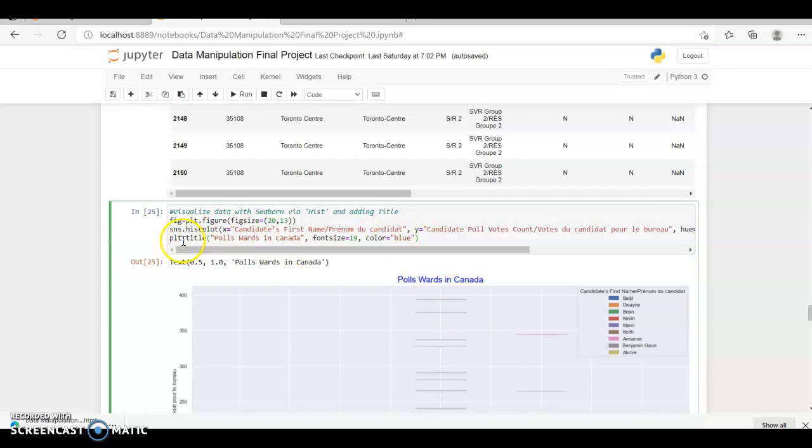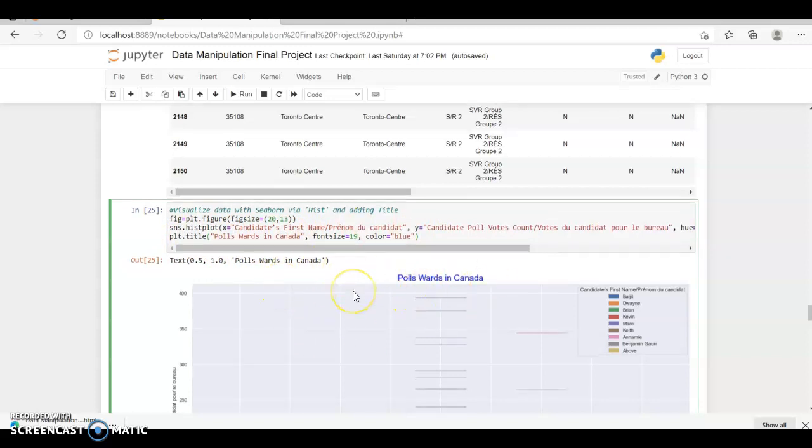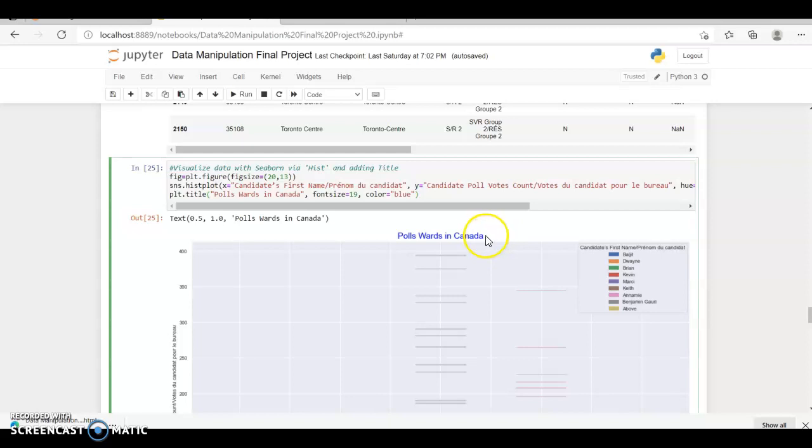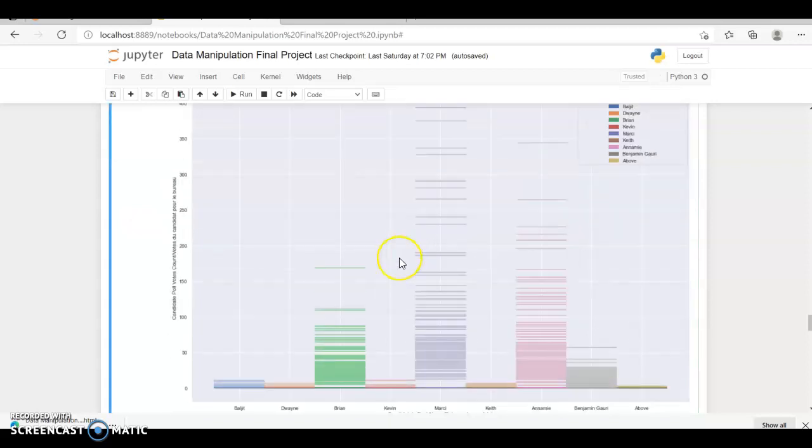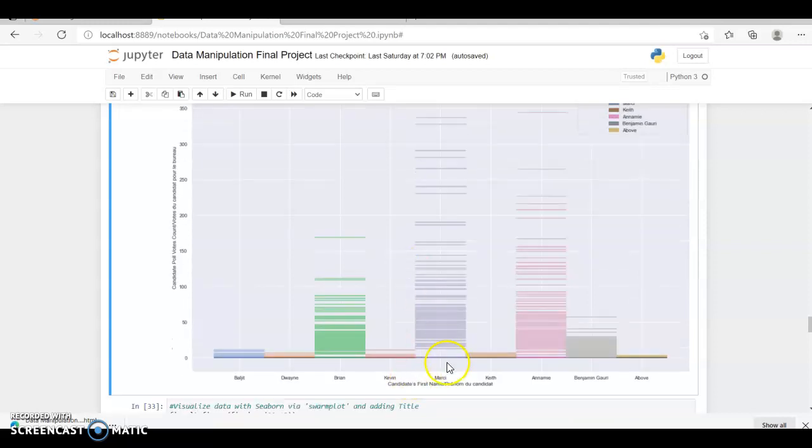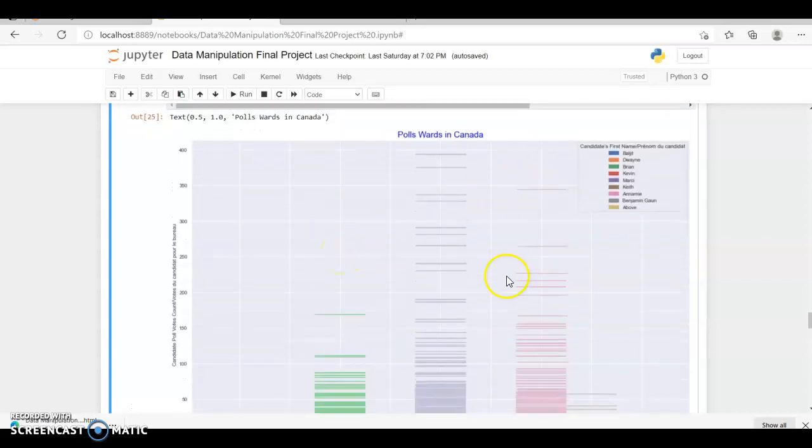And over here I will represent the title, like what the title regarding the dataset has been used. So it gives us a better understanding. By looking at the title, you will understand that it is regarding the polls in Canada. So as you can see, Massey has got more votes, so the number is quite high as compared to that of the NA. And Brand has quite fewer numbers as compared to the others.